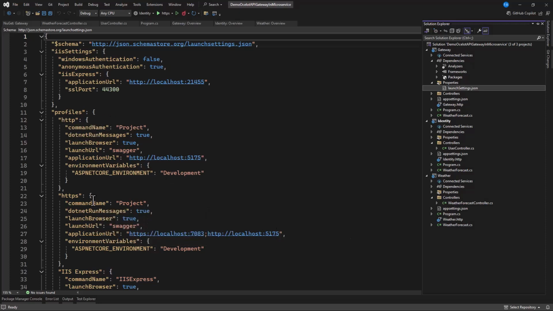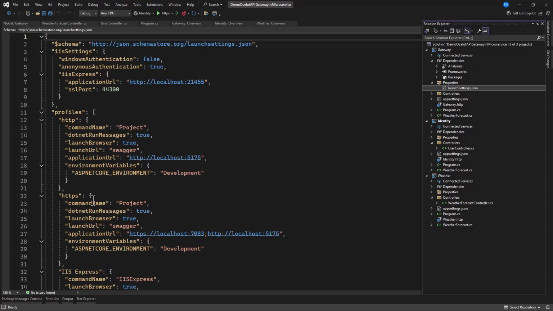Now for our gateway, we need to run on HTTPS, but when you have your APIs on a network whereby this network is protected, you can run them on HTTP because there's no external access to these APIs. All client requests are going to hit the gateway.